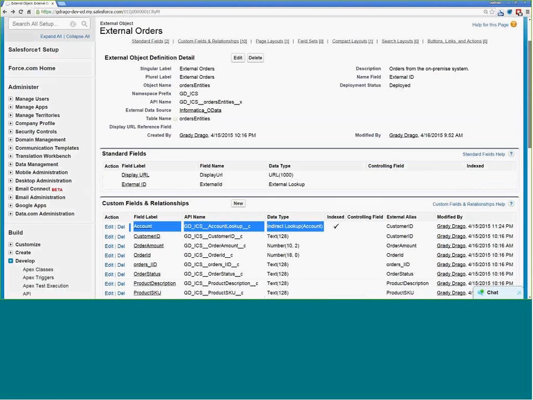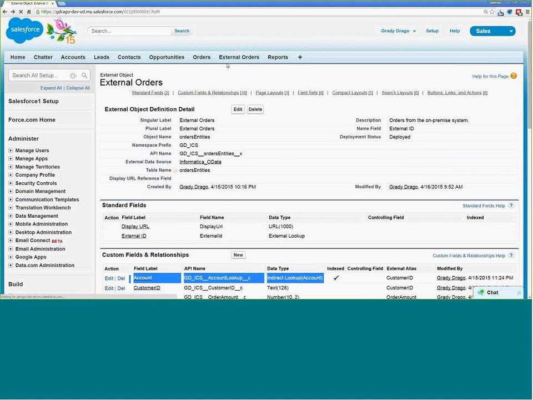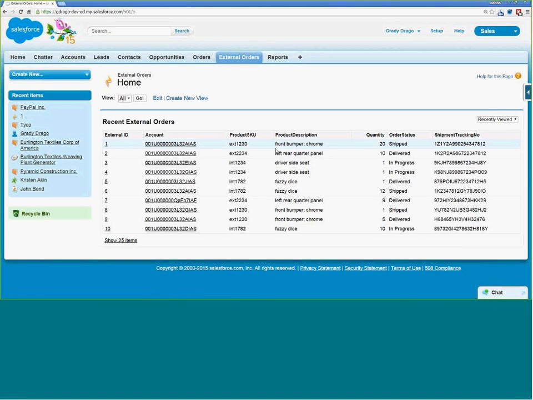And if I show you that on our external orders object, what you can see is that this ID here is the ID that exists identifying unique customers in the terminology of the MySQL database table. And what we're doing is we're going to relate that unique identifier to account objects within Salesforce.